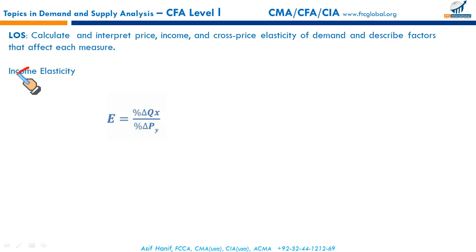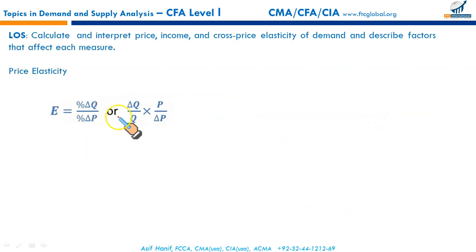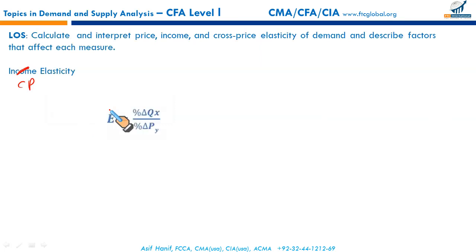What does it measure? The cross price elasticity measures the change in quantity demanded of product X with the change in price of Y. Previously it was different. It was own price elasticity, the change in quantity demanded of product X with the change in price of X, right? But here, why is it cross? Because it is the change in the quantity demanded of X with the change in price of Y. This is what you call the cross elasticity.